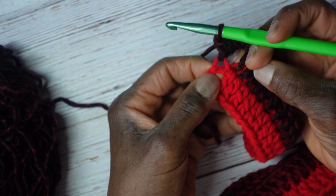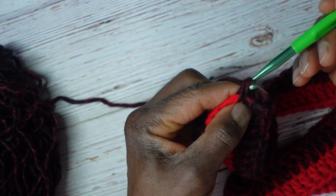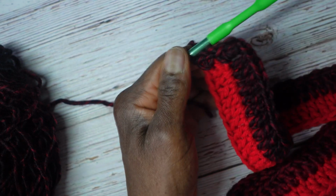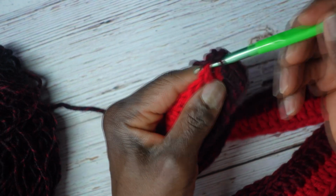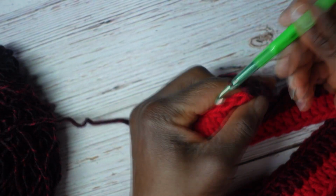Now I move to this chain 2 and I put 2 single crochets. Did I say double crochet? If I did, I meant single crochet. Okay, and now I'm going to put 2 more single crochet in that same space just to curve myself around. Okay,